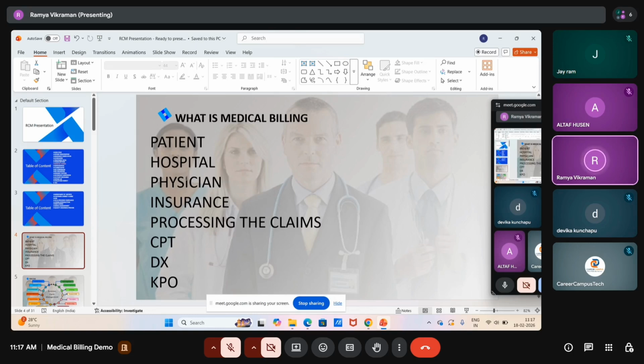But in terms of medical billing, if you do not have knowledge of how it works, how it operates, and what needs to be done and what not, that is the reason it is mentioned as KPO, knowledge process outsourcing. Without knowledge, you cannot do anything. At least all the departments need a basic minimal knowledge to operate the scopes. I'll provide you that information.